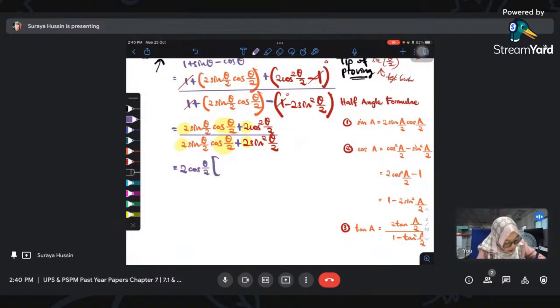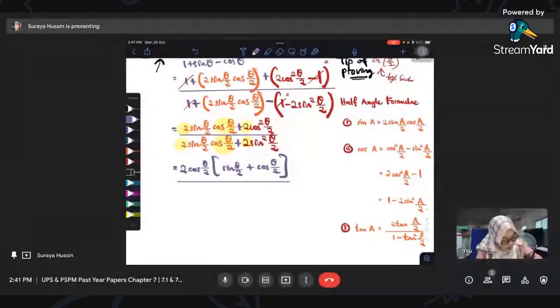Dalam ni adalah sin theta over 2 plus cos theta over 2. Divided with, you will see some miracle here. Mana datang square. Cos theta over 2. Okay, here is sin theta over 2 plus